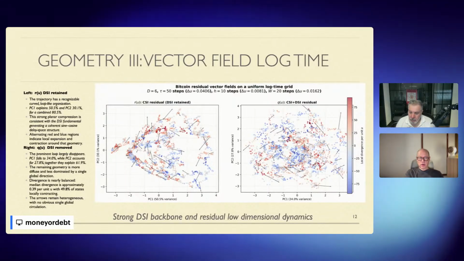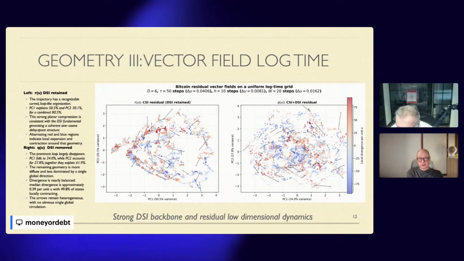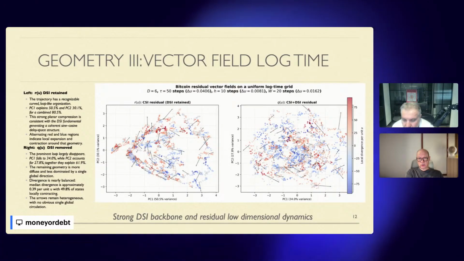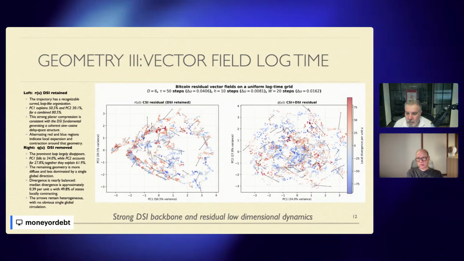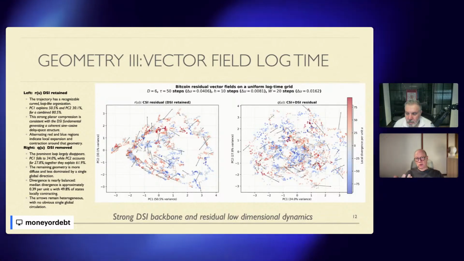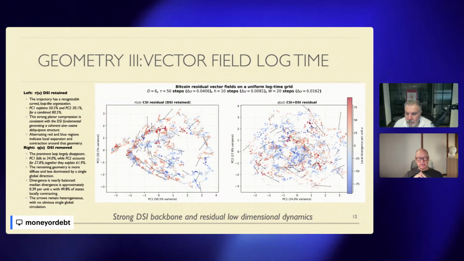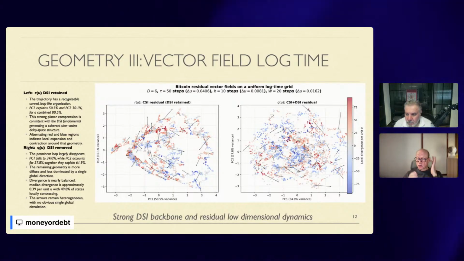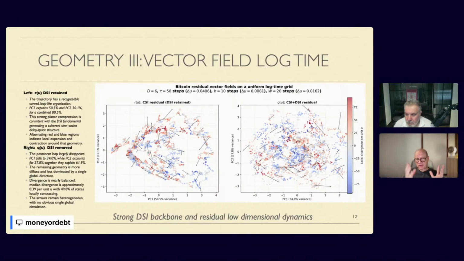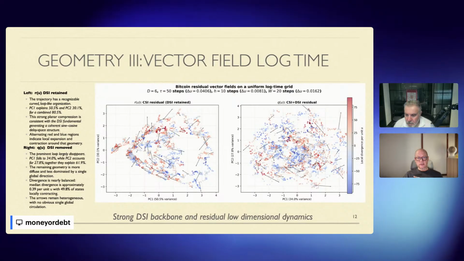Okay, and then in the third article, we looked at the vector field. I won't go through all the details here, but on the left, we have the first order residual, and on the right, we have the second order residual that has the log periodicity removed. So on the left, just the power law has been removed. What we find is these are principal components, the two strongest components of everything that's going on. And then you draw vectors for the dynamic direction of these things.